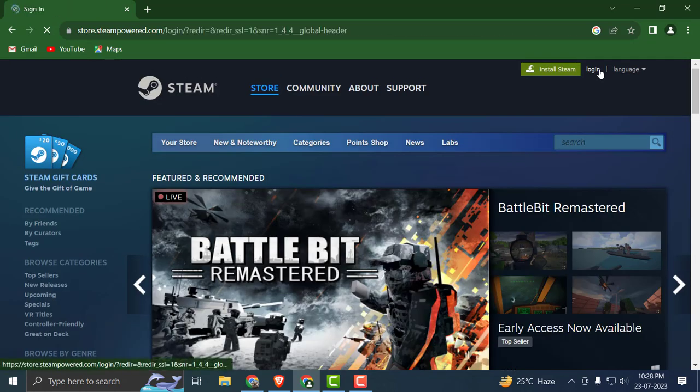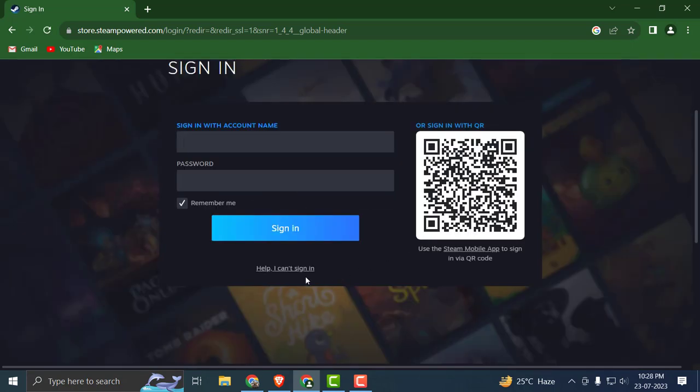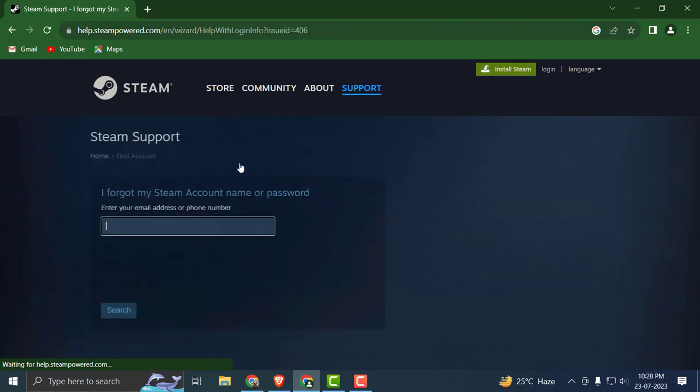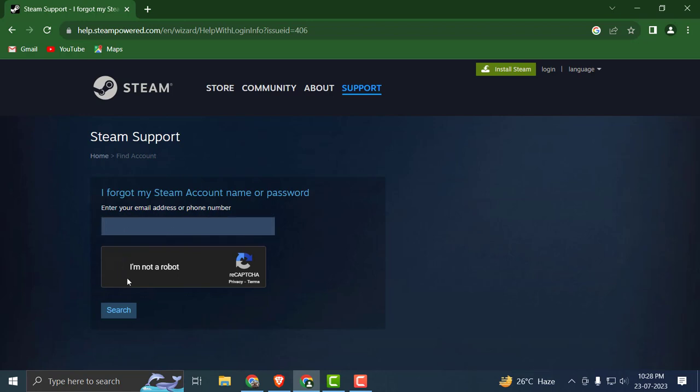Click on the login option and scroll down. Click on the Help icon, sign in. Click on I forgot my Steam password or name. And in here we need to write the email address or phone number linked to our account. After typing it, click on I am not a robot and click on search and send a confirmation to Steam